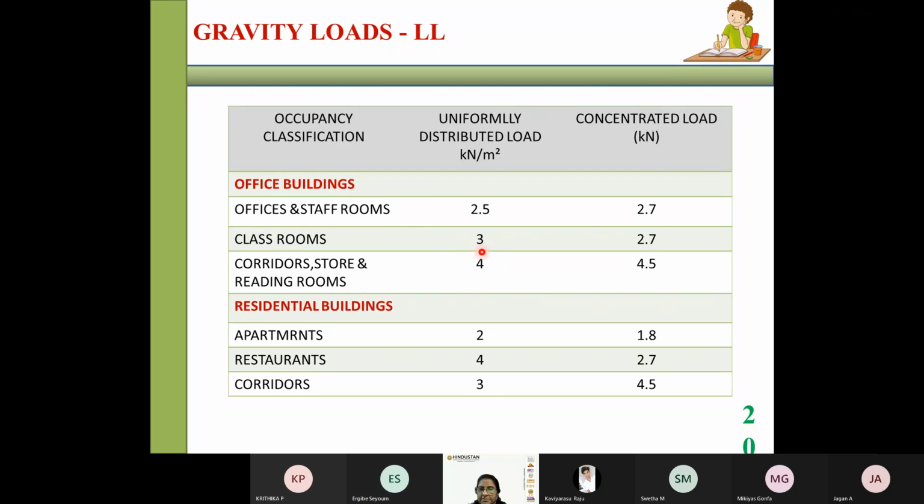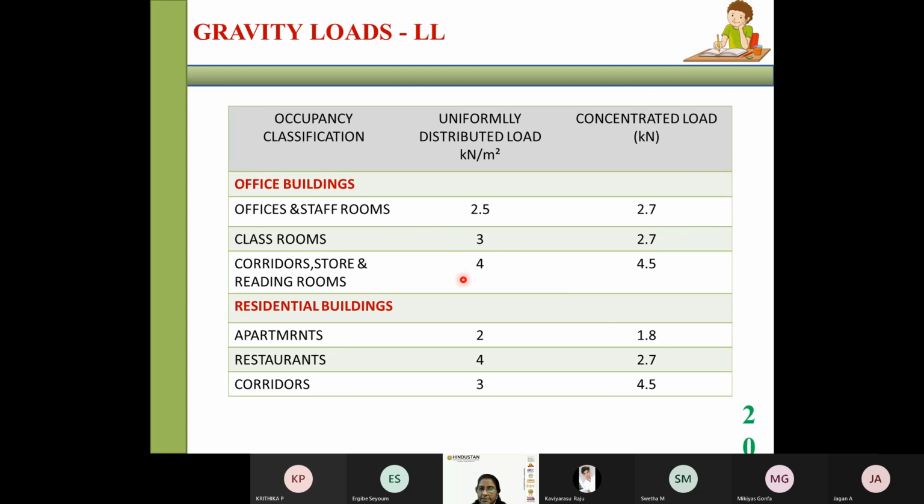But in the corridors, it is not exactly how many people are walking through. Mainly, if there is an emergency, if there is a fire in a classroom or in an office room, what will happen? Everybody will be coming out. So there will be a big crowd in the corridor during some emergencies. So the expected occupancy in a corridor may increase sometimes due to some emergency situations.